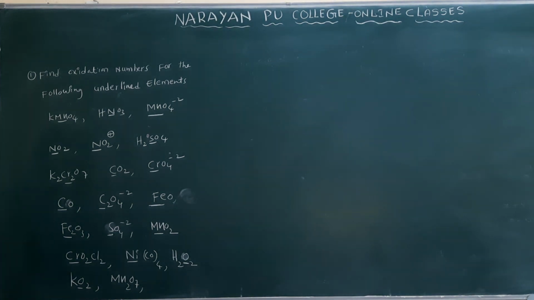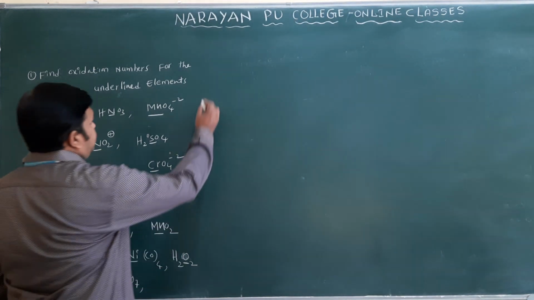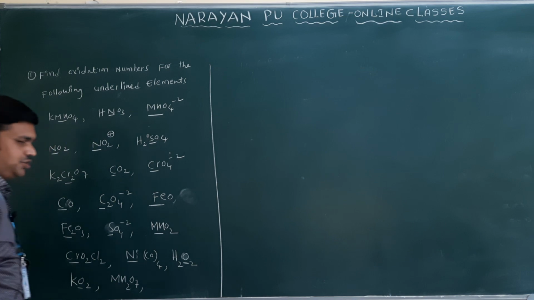Up to now we have discussed the rules, and we have different examples here. How will we find out the oxidation number? Through practice you will be perfect, but you have to read and prepare the rules. Let us say the answers for these questions.